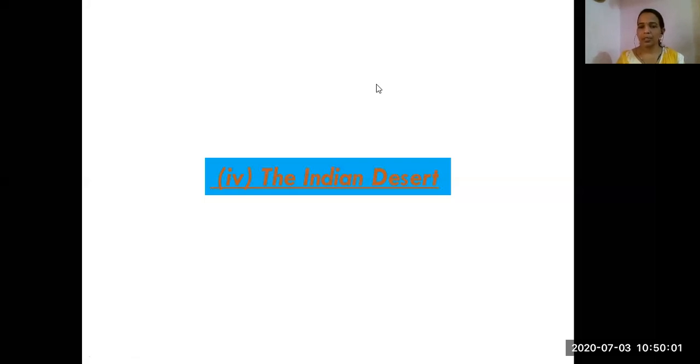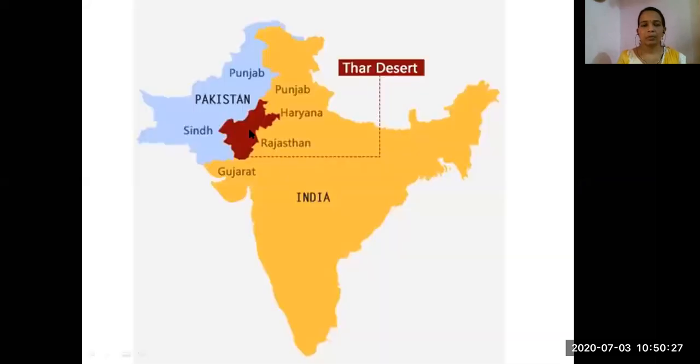The Indian desert is sandy. Not only sandy, it is a dry region, with scarcity of water and scarcity of vegetation, and yet also dense life. It is not like the plain region, but compared to other deserts, the Indian desert has a dense population. Why is it so? It is lying on the path of the trading region. That is why somehow the population is there.